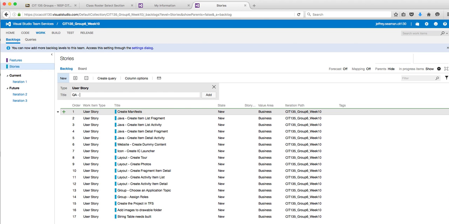Now we need QA. So the QA person is going to basically test this application. He or she is going to run the application and look for things. So we know in the end of the application, if you look on page, let's see here, what page do they have the actual application completed? I think they have it on the first page, matter of fact. All right, bike and barge. So you want to make sure everything fits properly. So maybe the QA person will ensure,